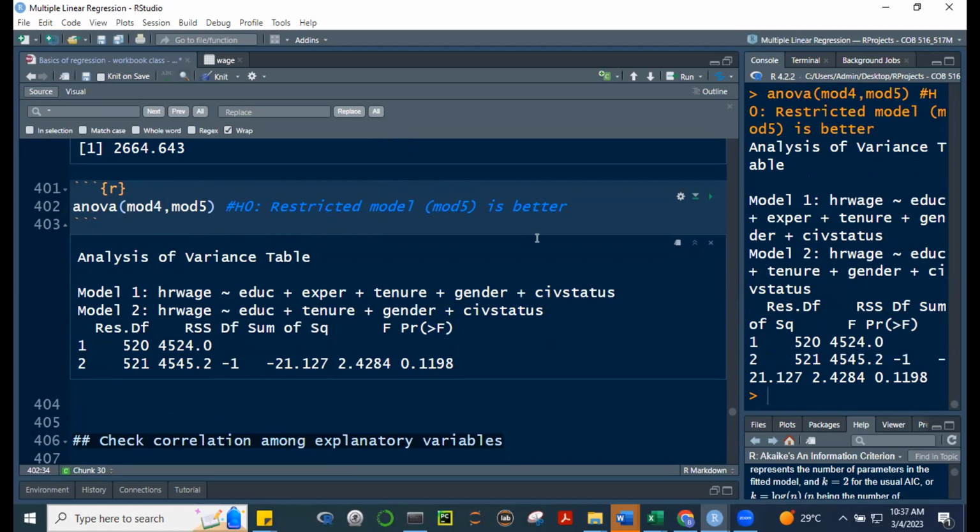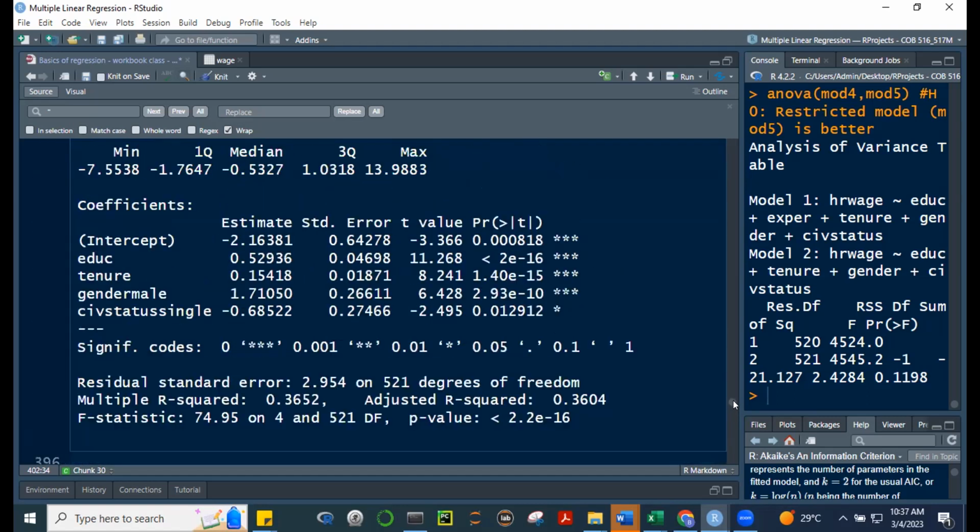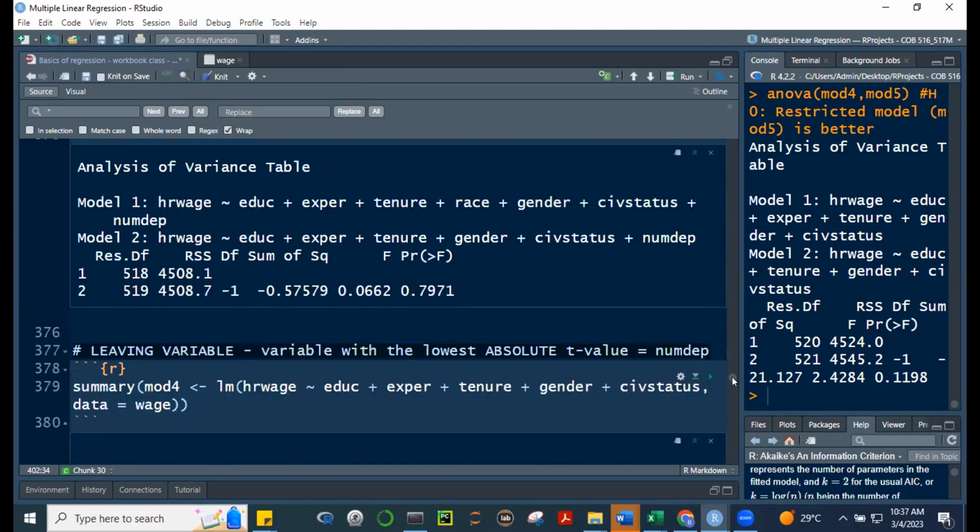Model 5, the one without the experience, is better than model number 4. So to the question, should we keep on going? Well, let's look at our model. Is there any potential leading variable? None. So this is now our model. This is our model, model number 5. So our equation will be, all right, I wrote here,